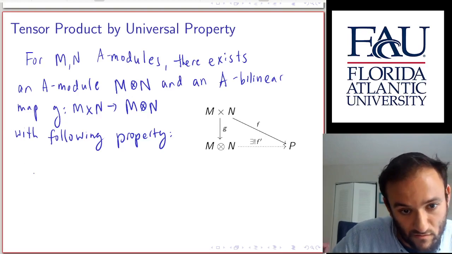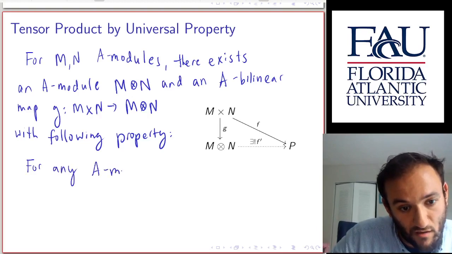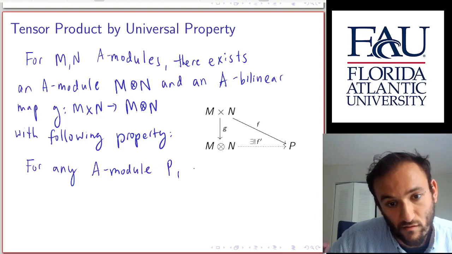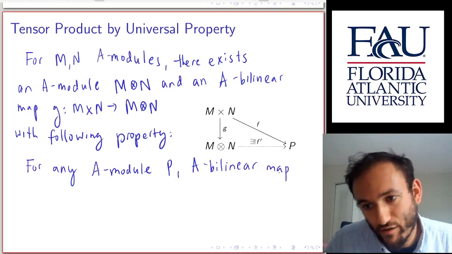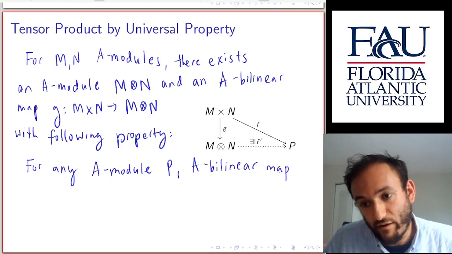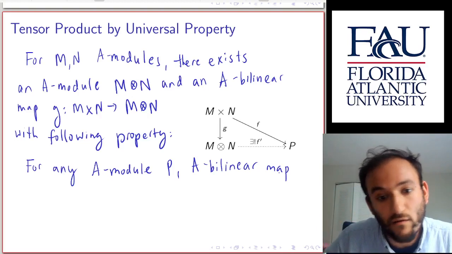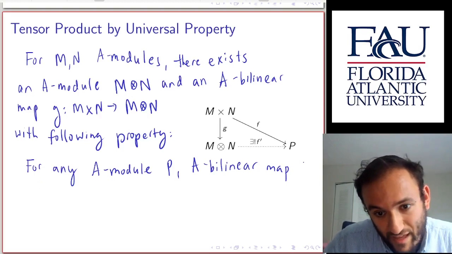Okay, so for any A module P and A bilinear map, and again, A bilinear just means it has the linearity properties we mentioned already. It scales with A, and you can add. So for any A module P and A bilinear map F,